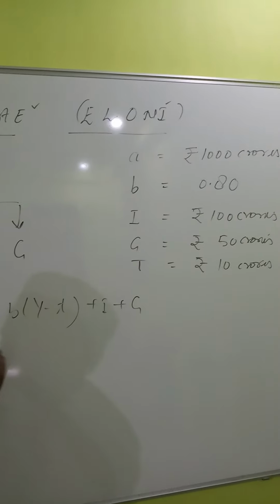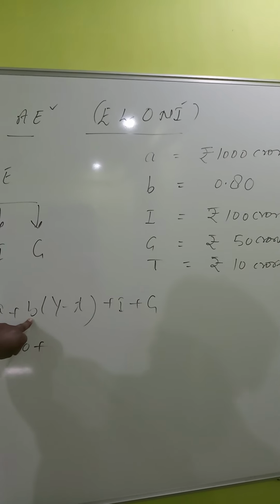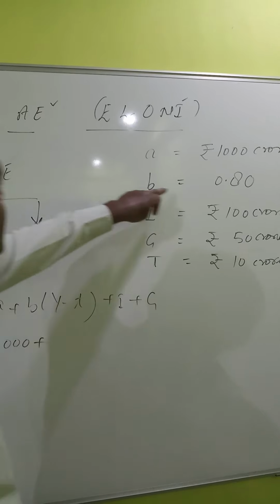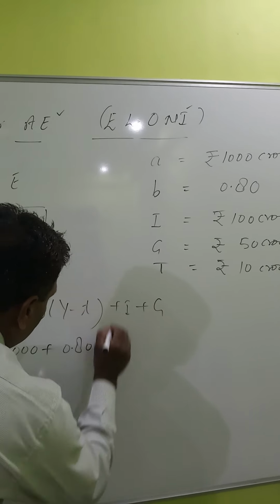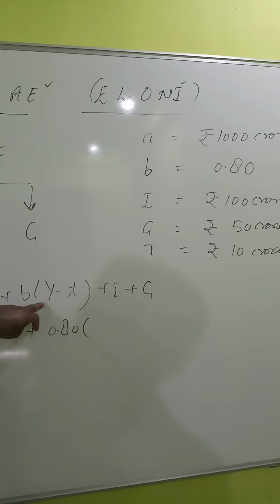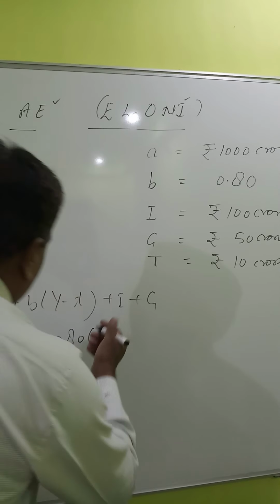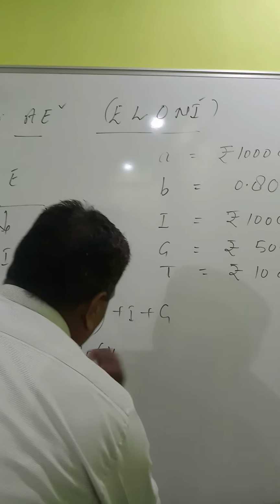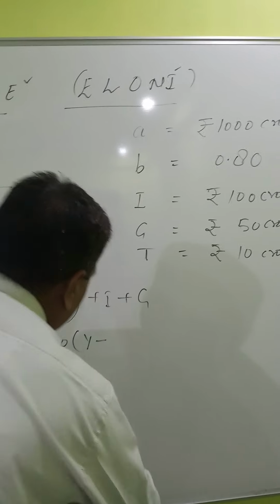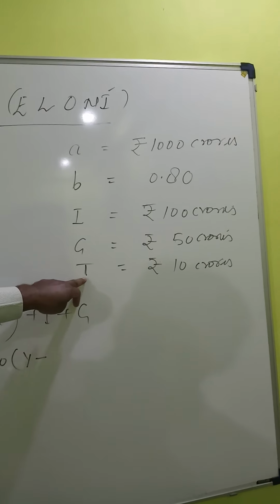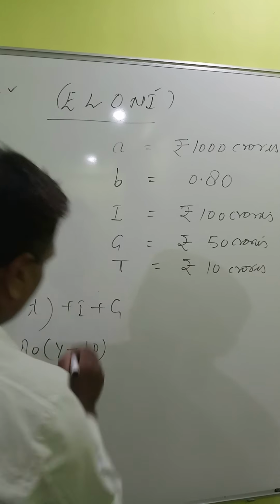Replace here 1000. b stands for marginal propensity to consume, MPC. What is the MPC? 0.80. Next, under the bracket, Y is the indicator of level of income. It will remain the same, Y, which is to be calculated, minus T stands for taxes. What is the taxes amount? That is rupees 10 crores. Replace it, 10, plus